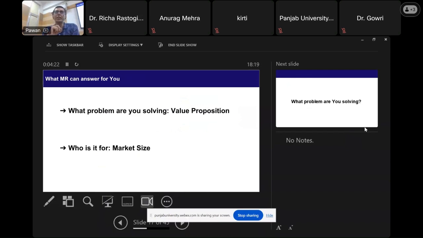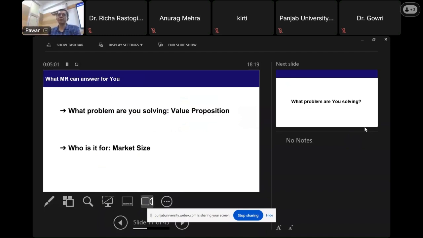Second is defining the market size of the opportunity, which means what is the size of the market? How many crores? Now, market size can be defined in two forms. One is in the form of money, say total market size of a pain relief medicine is 500 crores in the country. Or the second way is to define it in the form of volume, say total market size of pain relief is 50,000 gel tubes, right? Maybe it could be in any form.